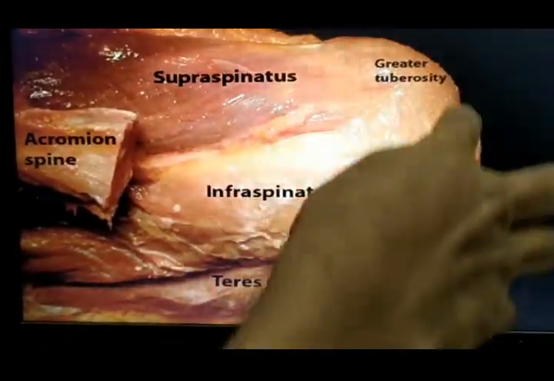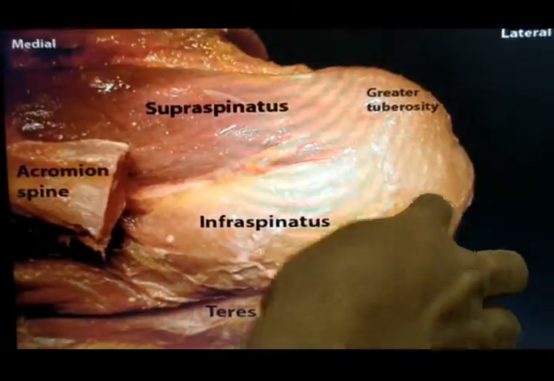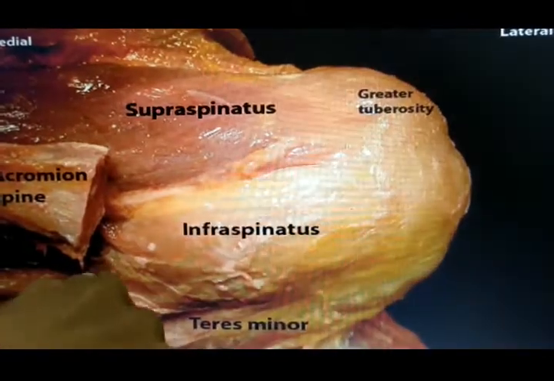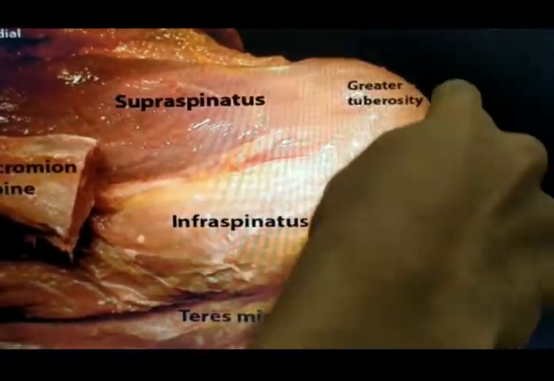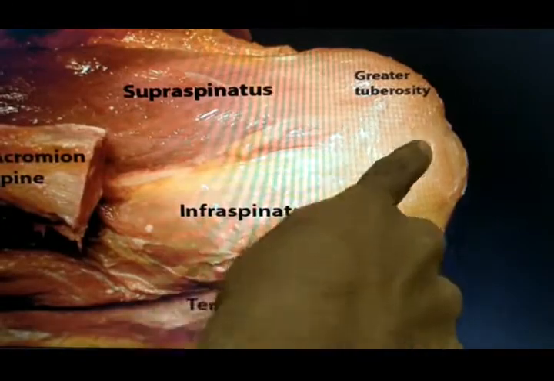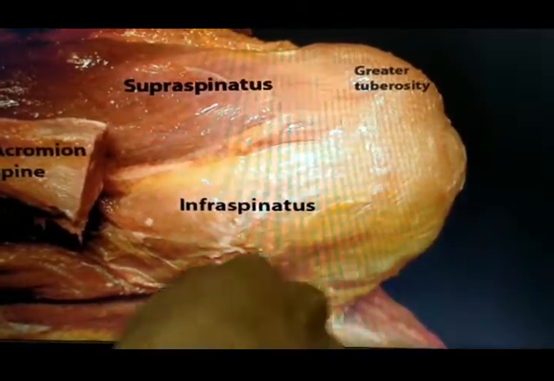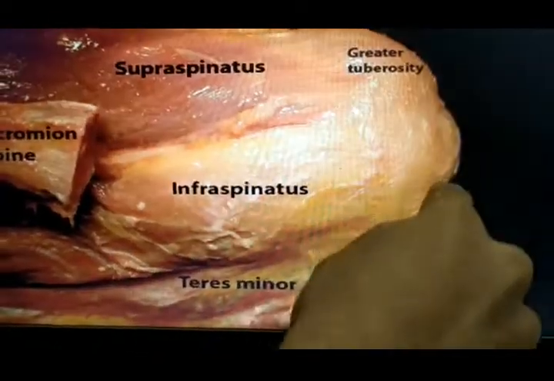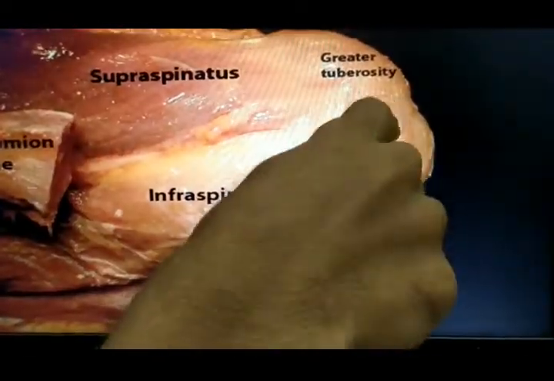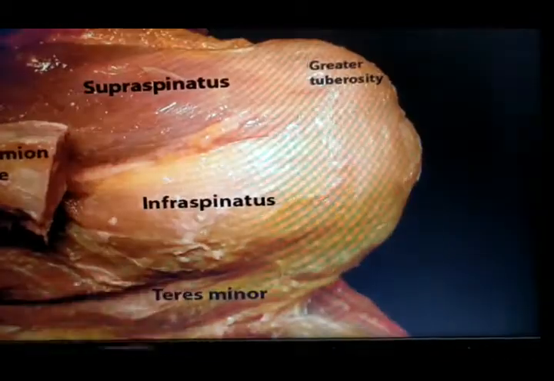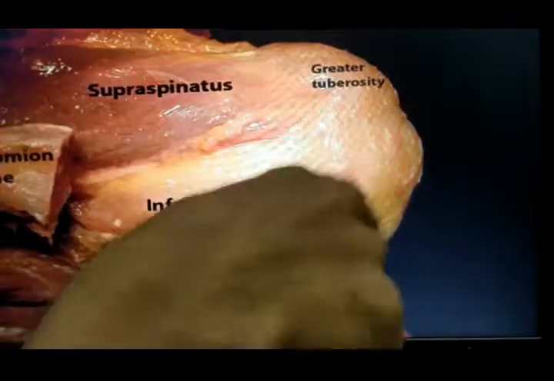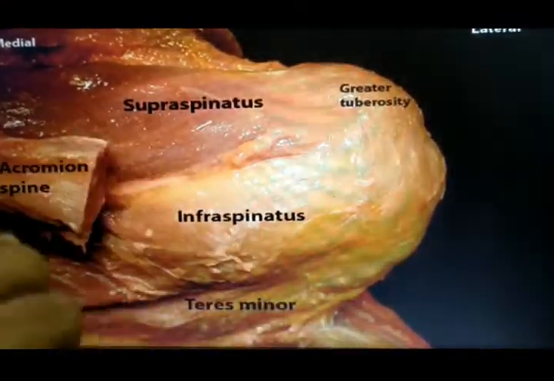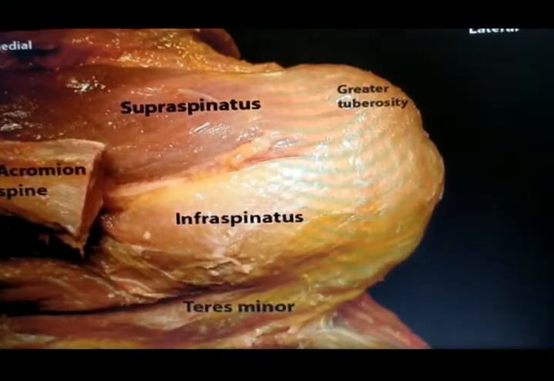So this is the greater tuberosity, that is greater tubercle. So supraspinatus muscle goes and inserts in the upper impression, infraspinatus muscle goes and gets inserted in the middle impression, and here from the lateral border you can see the teres minor going there and inserting in the lowest impression. So this is the greater tuberosity, and in the anterior view subscapularis will be coming. In this picture we can't see the subscapularis. So this is the rotator cuff in the cadaver body.